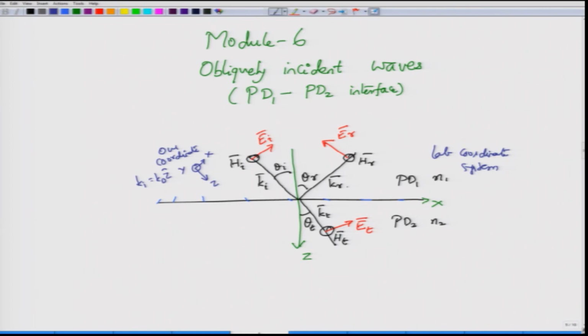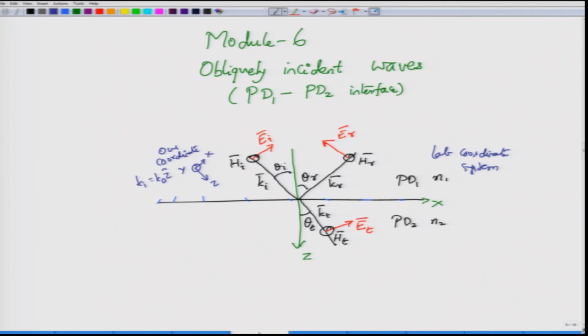So, can we not do this? Unfortunately, if you work with our coordinate system, then the interface will have to be expressed in the coordinate system that we have chosen. So, you are transferring the problem of obliqueness from the wave to the interface. Earlier, the interface is in a coordinate system which is lined up perfectly along the x, y, z axis, whereas the wave is obliquely incident. Whereas if we change the coordinate system, such that we make the wave lined up along the x, y, z axis, then the interface will appear not exactly normal, but at an angle.